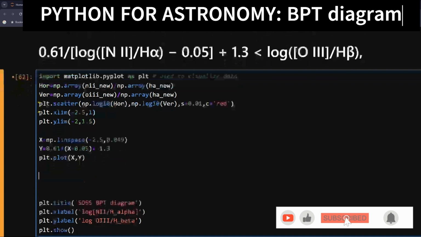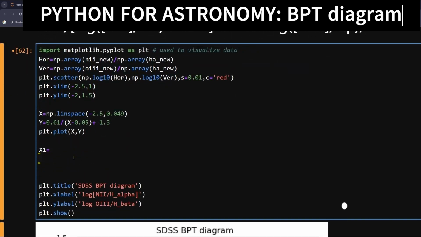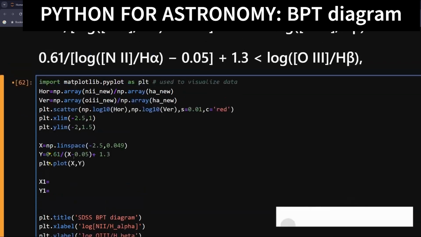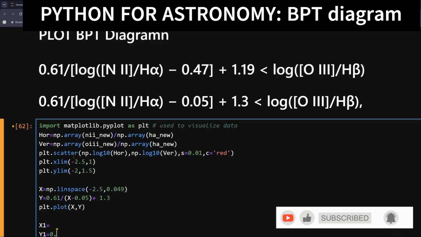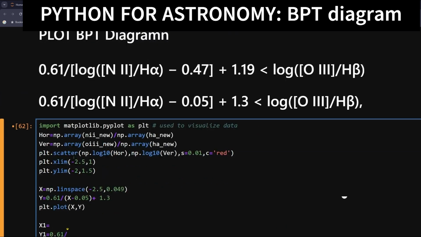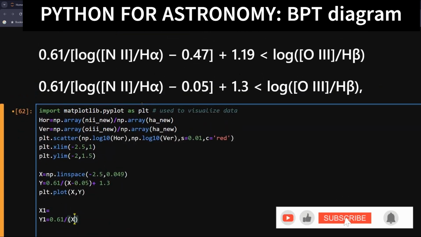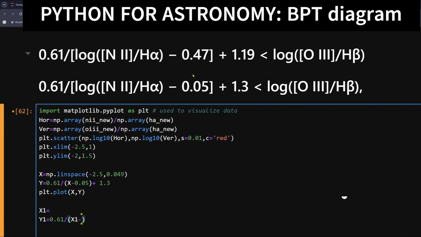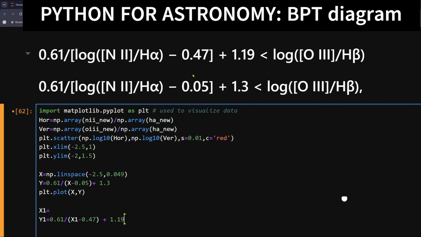and AGNs. So you can define your x1 and you can define your y1 equal to 0.61 divided by x1 minus 0.47 plus 1.19, right? And then you can give your